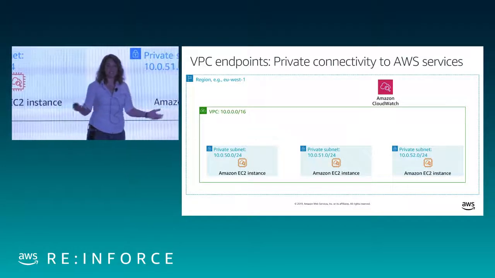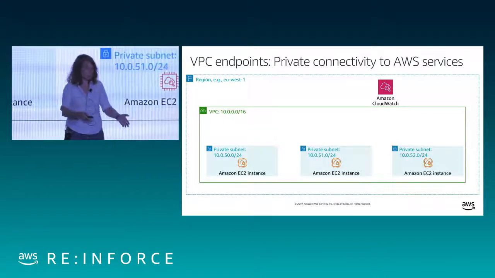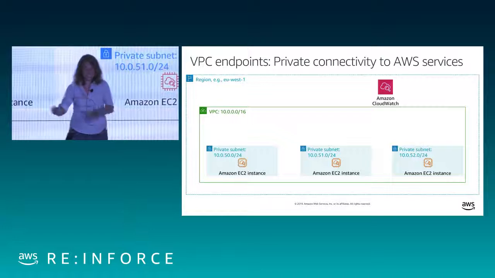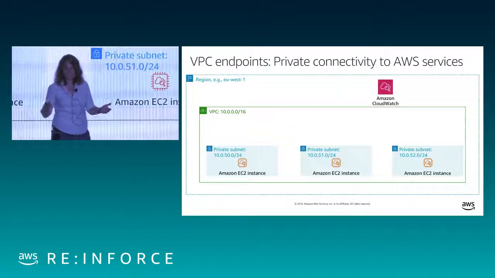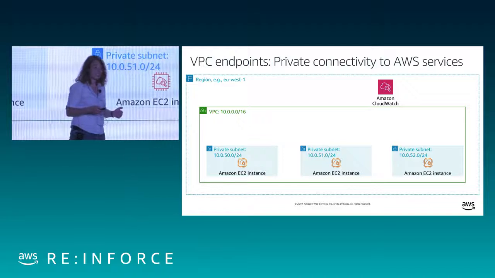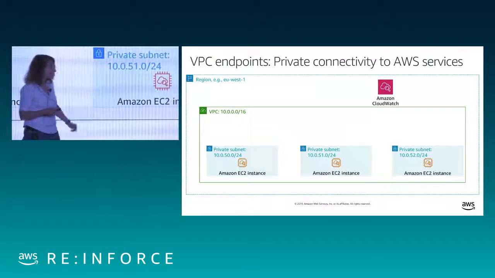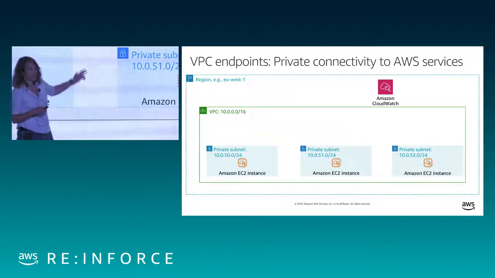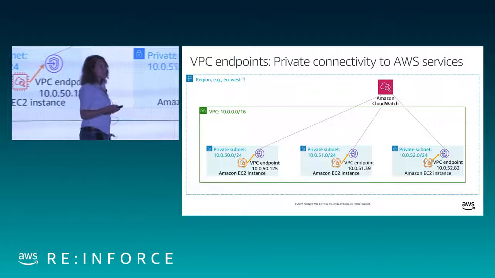CloudWatch offers this great agent that you can run on your EC2 instances that will just slurp up your logs from a location on disk and send it to CloudWatch Logs, where you can do all kinds of advanced analytics to it. It's really a great way to do your application logging. But of course, that agent is going to be making API calls to CloudWatch Logs, so without internet access, how's it going to get there? Well, the answer to that is VPC Endpoint.